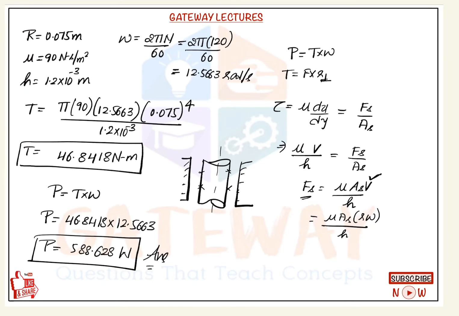So here also we can make a derivation, and also there can be a case like a conical one, where there may be a conical shaft rotating in a conical contour. There is a fluid in between. There also we can take an elemental conical area. This conical part we can consider. Here it is r, here it is r plus dr. In this way we can make a derivation that we will be solving in many questions further.